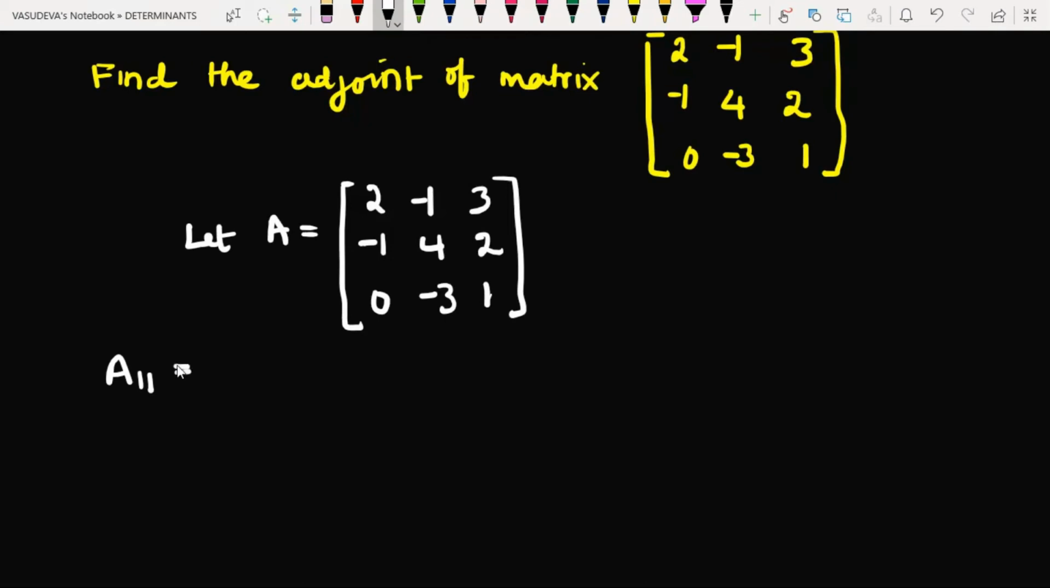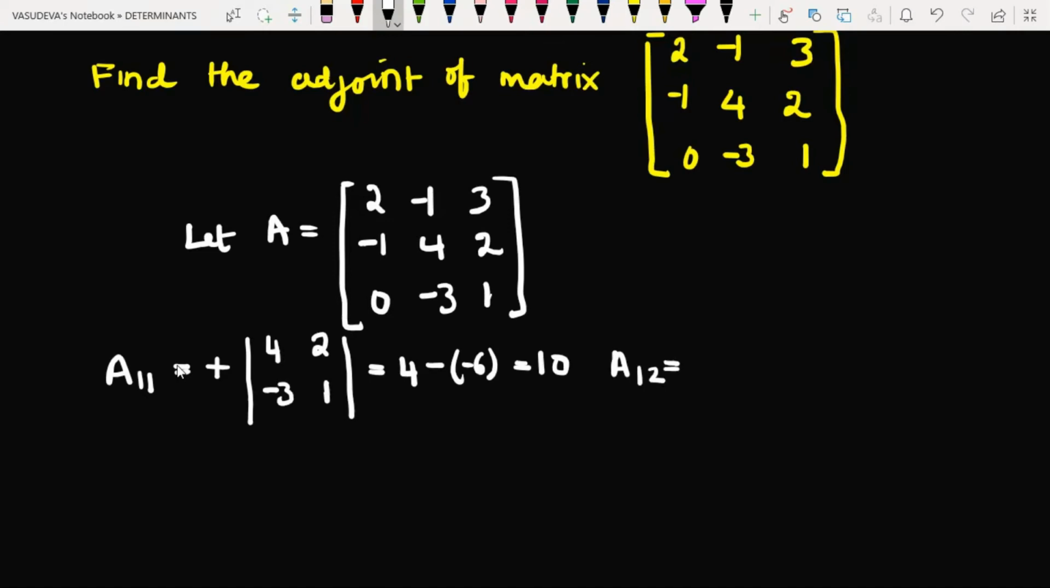Leaving the elements of the first row and the first column, the determinant of... so A11, let us write the sign directly: 1 plus 1 is an even number, so it is plus. So the determinant of 4 2, -3 1, therefore it is 4 minus (-6), so 4 plus 6 is 10. So then let's take